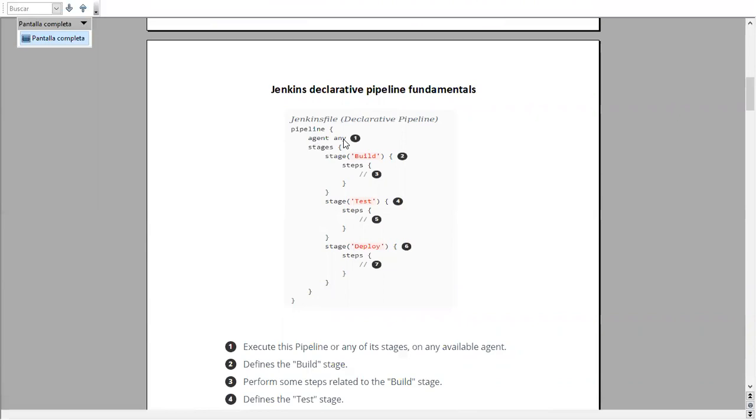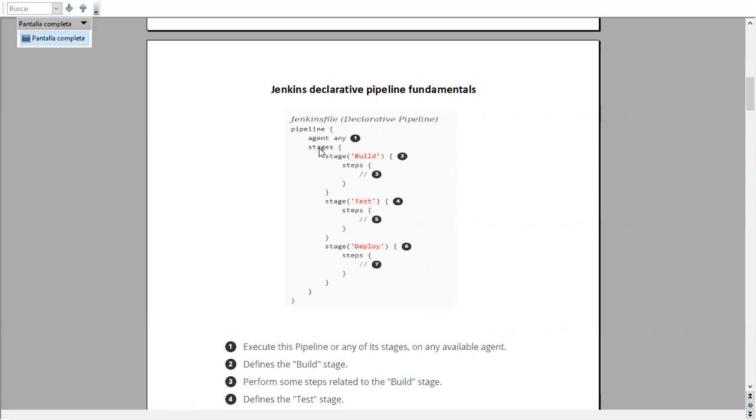If you have master and slave nodes configured, then you can specify which agent you want to run this job on, and then you have to write agent and give the label like master or any name of your slave node. But for now, if you want to use any agent, then you can specify agent any.